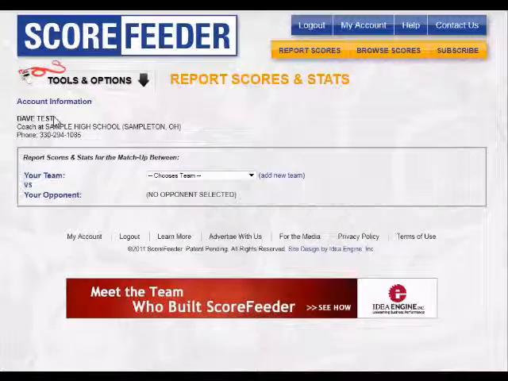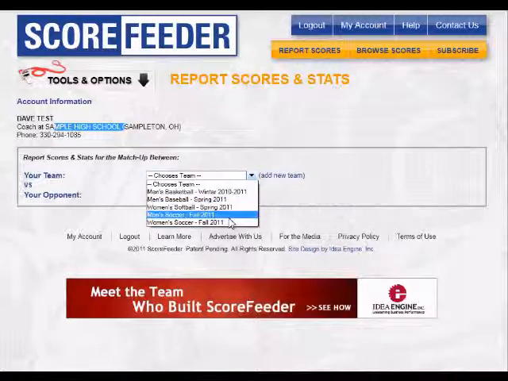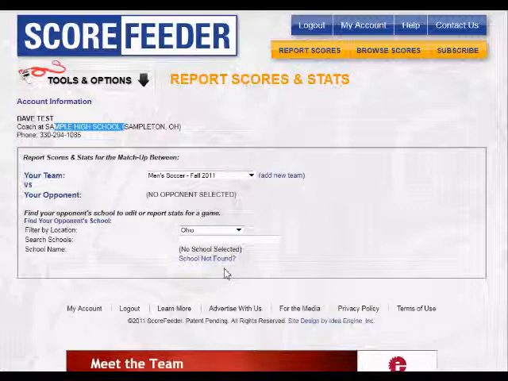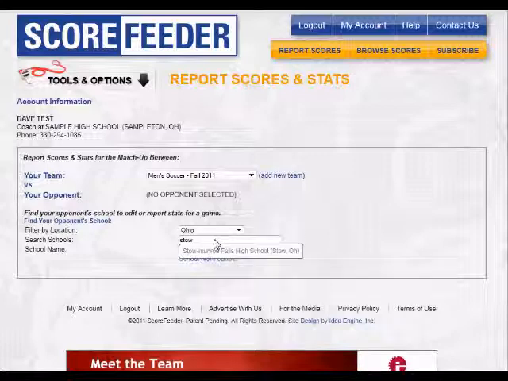Scorefeeder is going to show me my name, my team. I am Dave Test from Sample High School. I'm going to choose my team, which is men's soccer. I'm in Ohio. I'm going to start typing the name of the team I'm going to play. My opponent, it could be Stowe, and Scorefeeder will guess Stowe, or if it is Hudson,